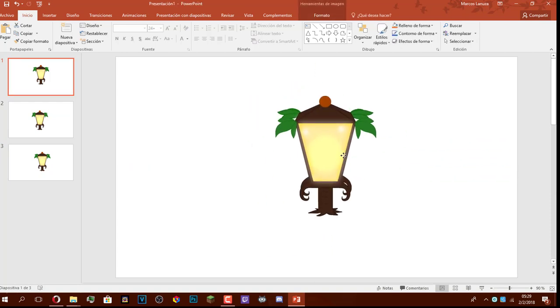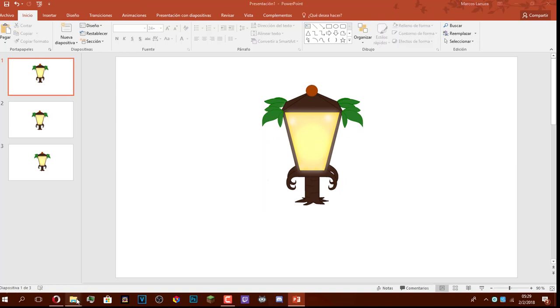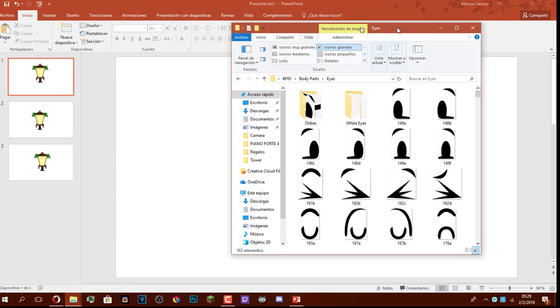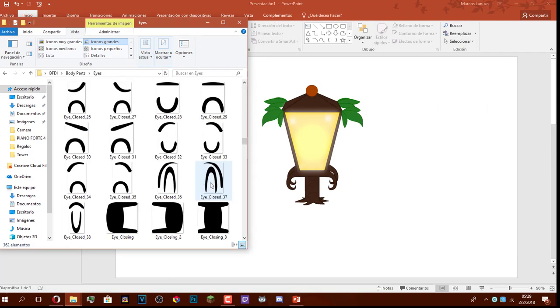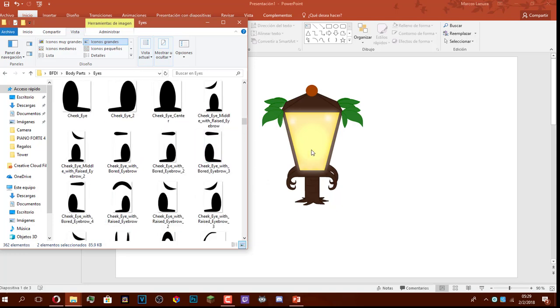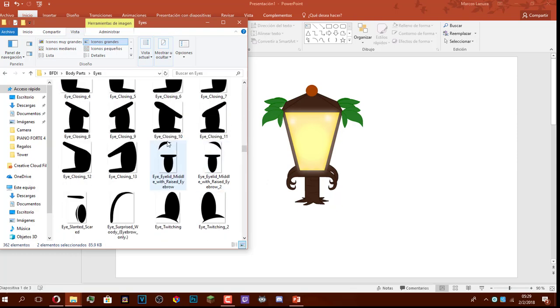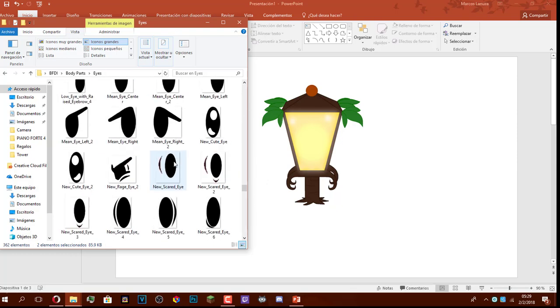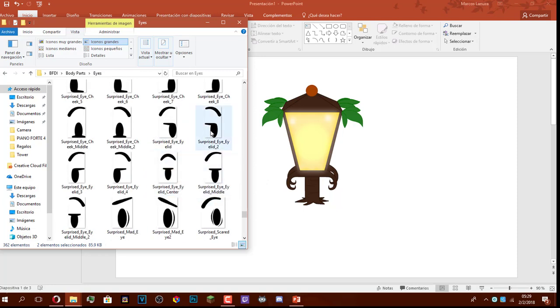So I'm going to start with one being happy, or I don't know about Planter. Okay, so to emphasize happiness, I recommend you use these eyes, 36, 37. These ones. It also depends on the mouth. You see. Okay, so first you need to create an image in your mind of how you think the eyes should be. Okay, so I'm going to use these ones